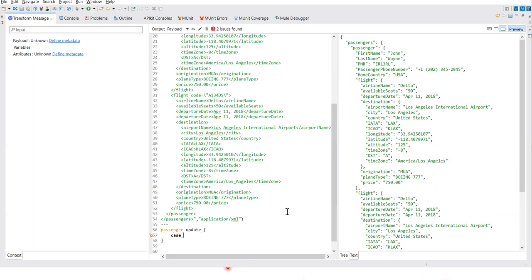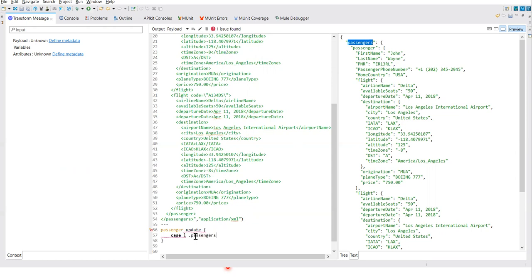I'll give the name to this field as an L placeholder, and then on that L we'll apply the formatting. So where will we find this L? We need to go to passenger, then flight, then destination, and then longitude. Let me copy, one second. So first, my payload is dot.